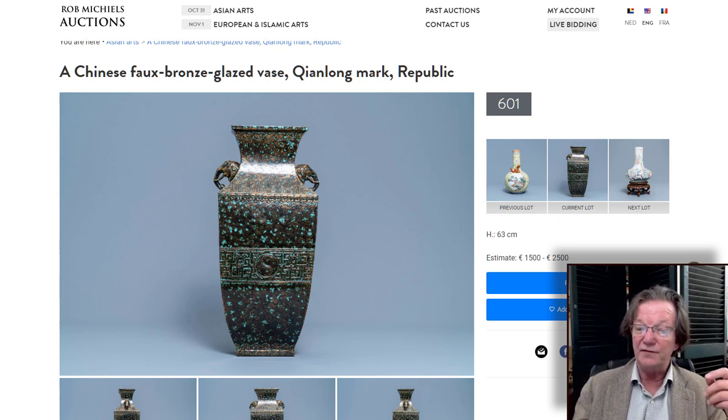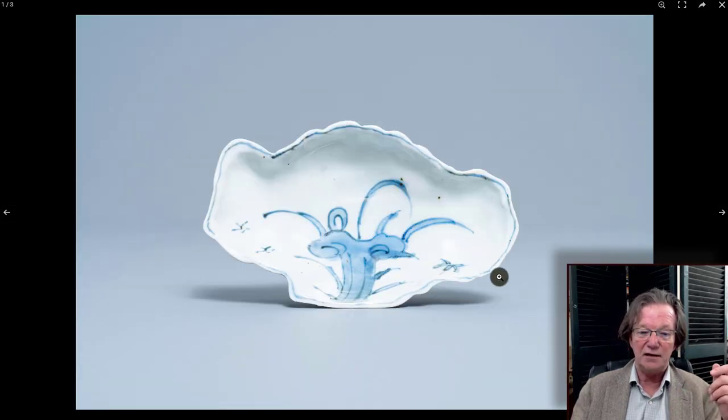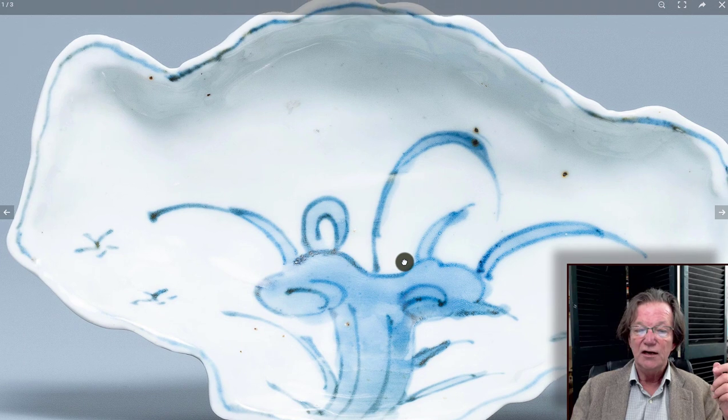This is a very big vase with a very modest estimate for a fine Republic piece, 1,500 to 2,500 euros. So if you're a Republic buyer, save your pennies for that. That's a good pot. And then over here is this nice Chinese export for the Japanese market, Qianlong ware dish,